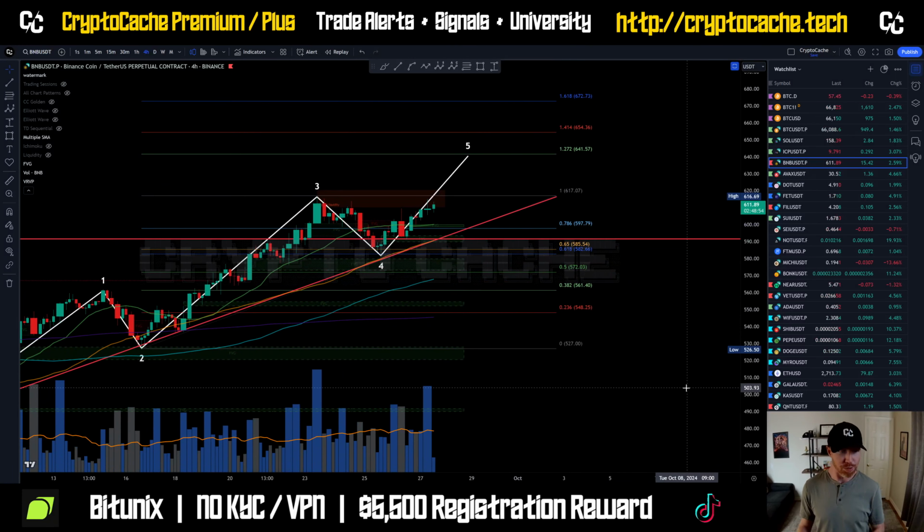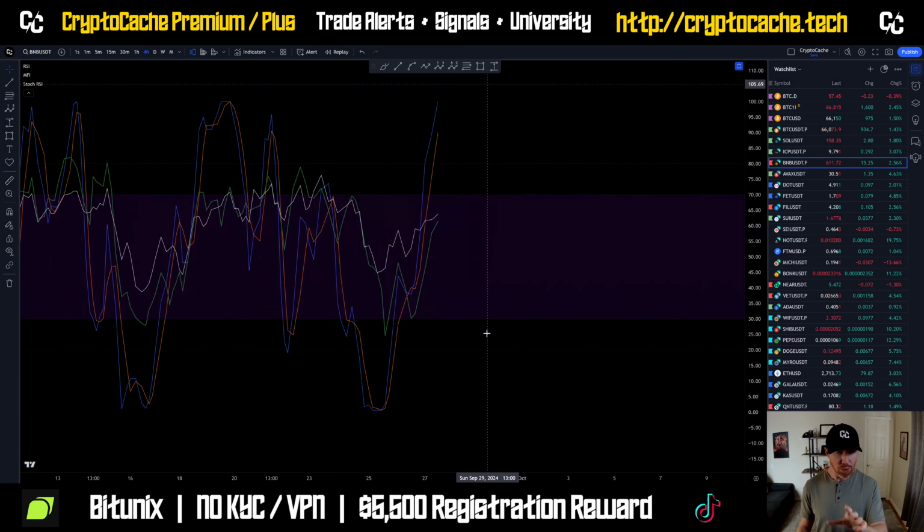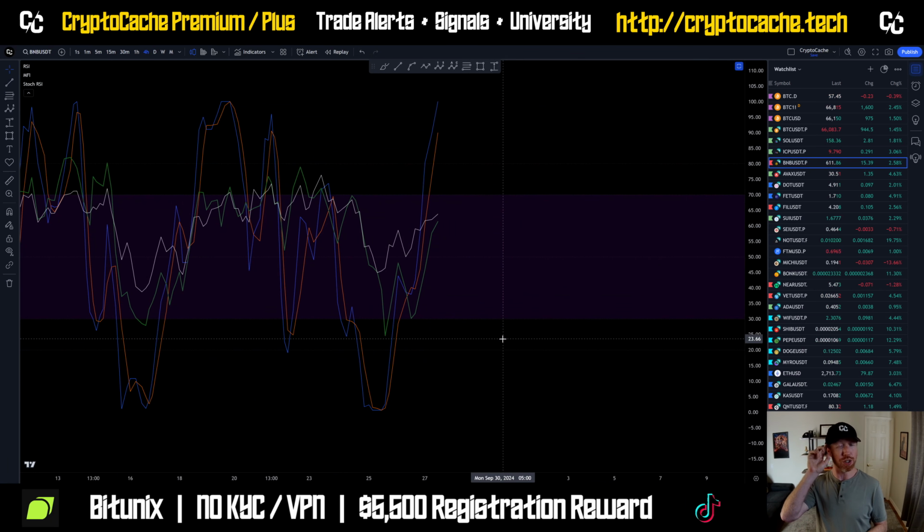We're above all moving averages here, which is fantastic. We're over 50, but under 70 on the RSI. This is generally construed as a bullish sign. You'll see this on most coins right now. It's nothing abnormal. What this basically implies is we could see some range-bound activity between like 580, 590, upwards of